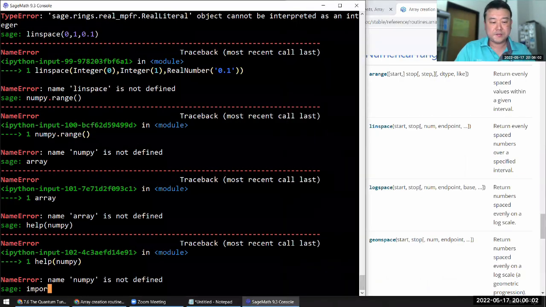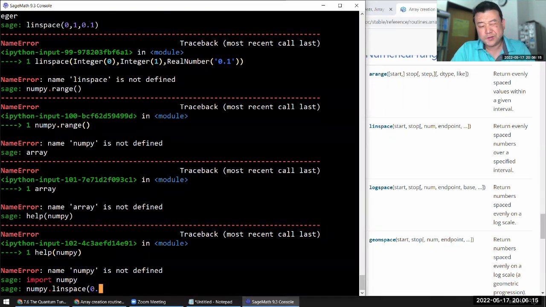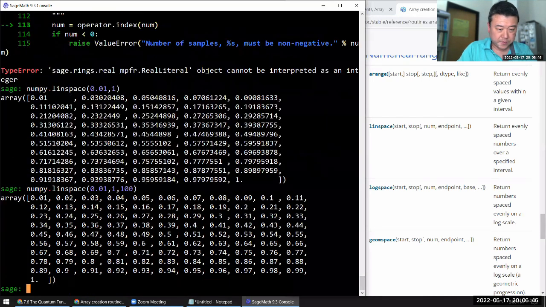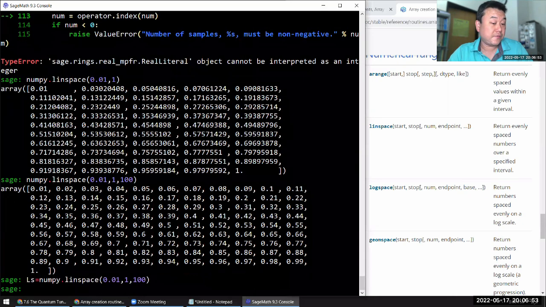All right. I'm going to just import numpy. Linspace is what I remember, I think. L, so numpy dot linspace 0 to 0.01 to, I don't know, 1. So I can do 100. Okay, something like that. All right. So I can define this as my values of L's, and given that, I think